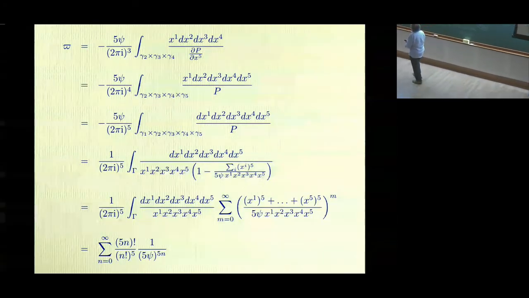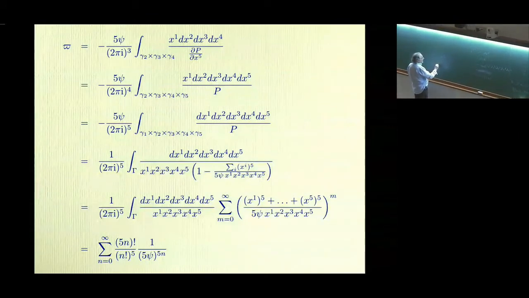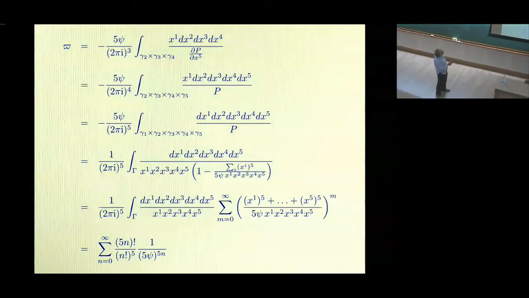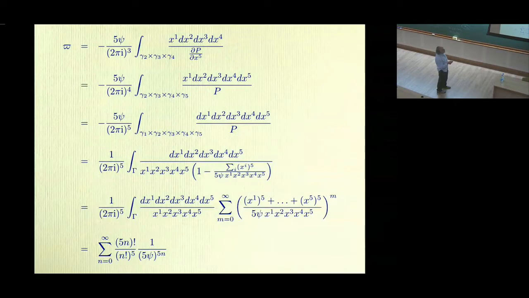Since it doesn't depend on x1, I can smuggle in 1 is 1 over 2 pi i integral dx1, since 1 over 2 pi i integral dx1 is 1. I can smuggle this in under the integral sign, and we cancel the x1 here. So here's the dx1, an extra 2 pi i here. So now we have 5 integrals over 5 circles. So this method is sort of, if you can't do 3 integrals, perhaps you can do 5. This is sort of philosophy.